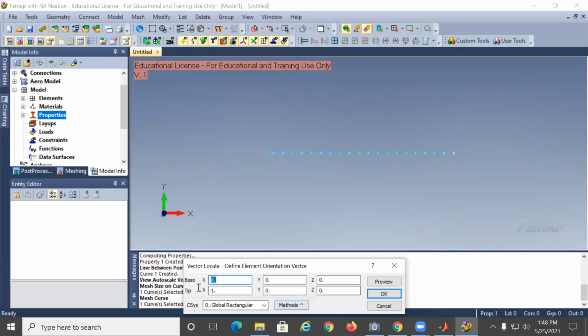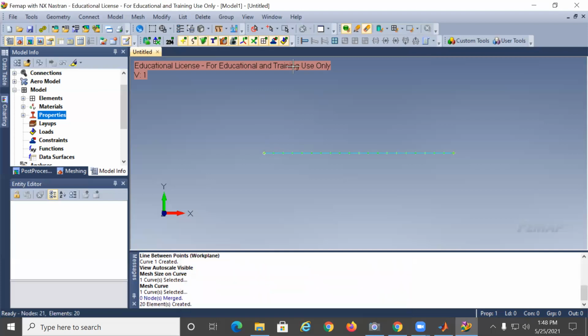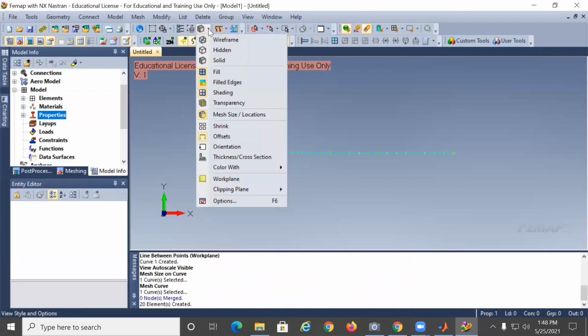Now it's going to ask us for the orientation. I put the Y going up. I'm going to show you what that means. So it means this is going up. Okay, so why am I doing that? Because I want to make sure that the